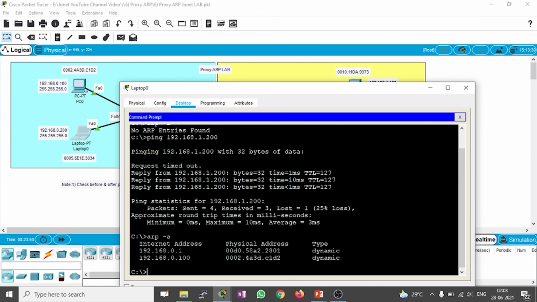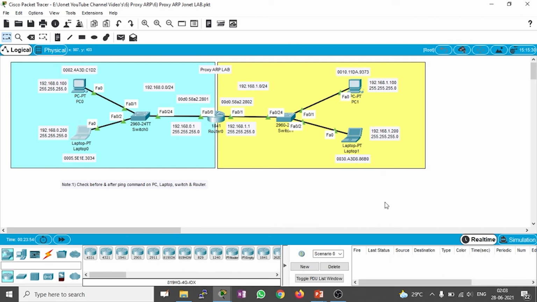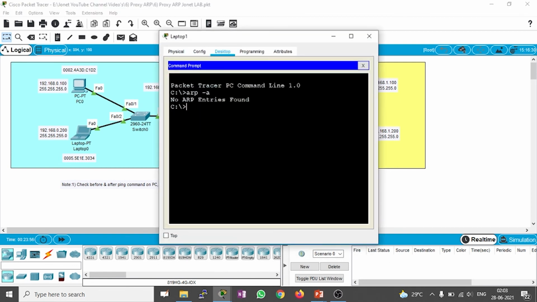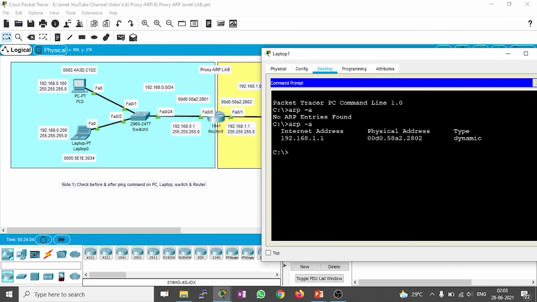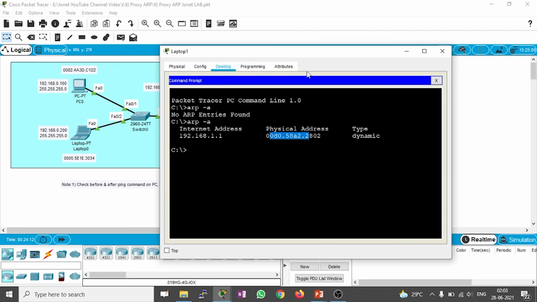I can get my gateway's IP address and the MAC address. At the same time, I'm going to the 1 network laptop and executing the command arp -a. I can get my own MAC address, my gateway's MAC address, and my gateway IP address as well as its MAC address.